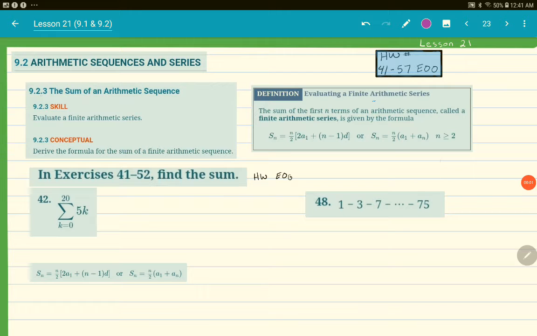In section 9.2.3, we're looking at the sum in arithmetic sequence. So if you remember from 9.1, a sum of a sequence is called a series. So the sum of an arithmetic sequence would be called an arithmetic series. So we can evaluate a finite or a partial sum arithmetic